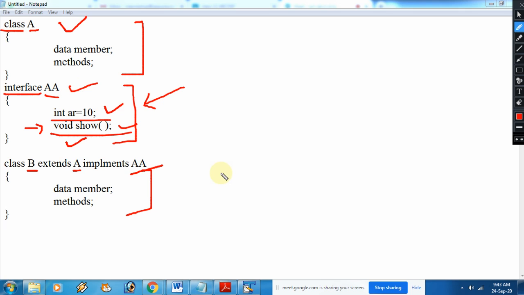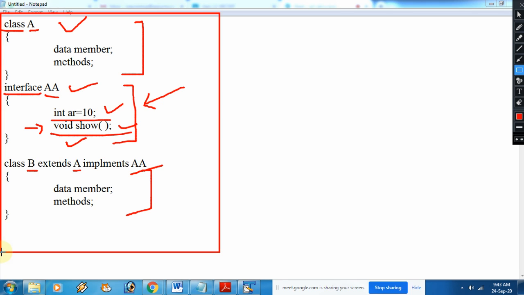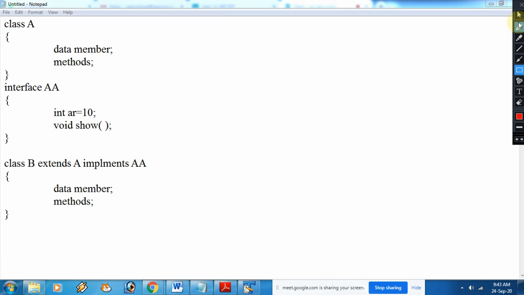Am I clear, everyone? This is the only structure. Please note down this structure. The first one is your superclass and this is your interface, and in the subclass we are inheriting the property from A and also the property of the interface, that is AA.